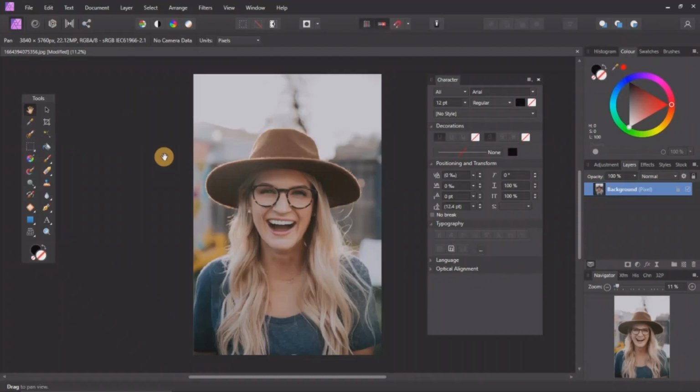Today we're going to be learning how we can steal a color grading from another picture you so much admire, to apply on a picture that you want to have the same color grading as the picture you admire. If for instance you have a picture that you so much like the color grading system